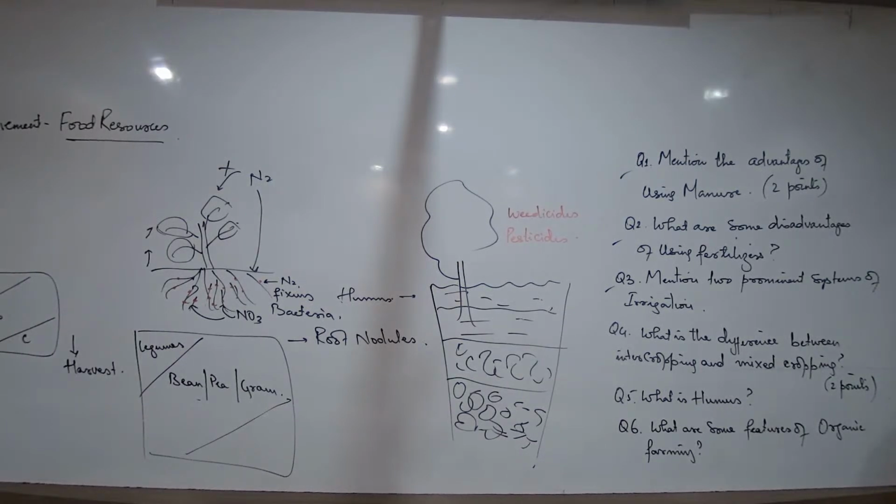Now let us talk about the control measures. What are some of the control measures? What is the best way of removal of the weeds? If you get a question, what is the best way of removal of the weeds? What are some of the common ways of weed control? Two most important ways that you should remember. Uprooting them, or, as I just told you, mixing them in the soil to make green manure. These are the two main methods. Mention two prominent ways of weed control.